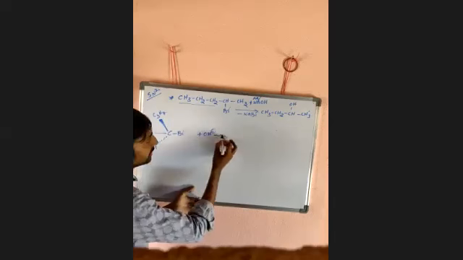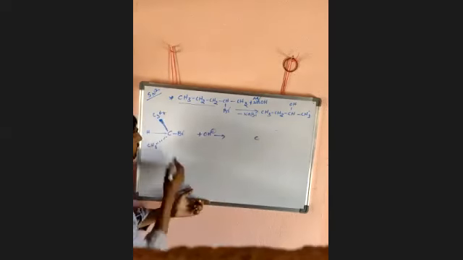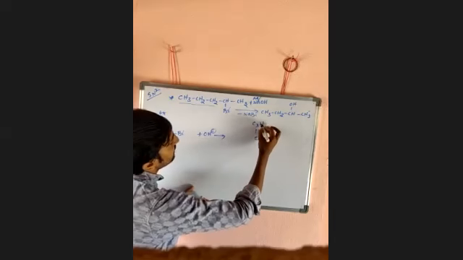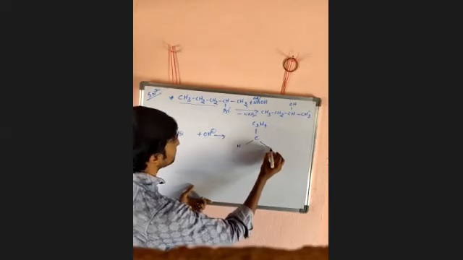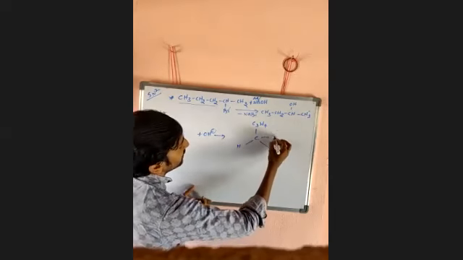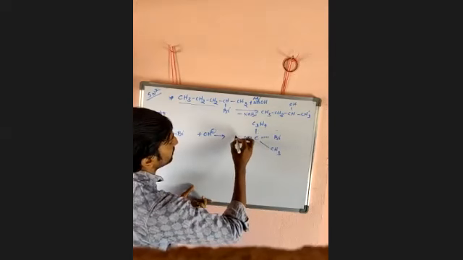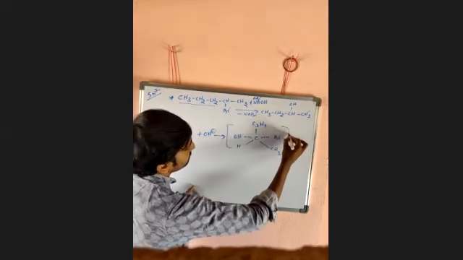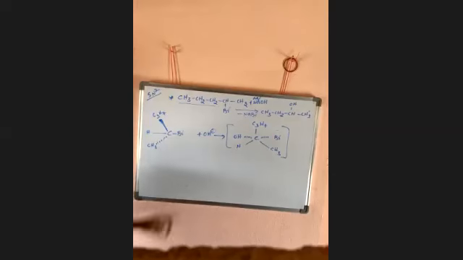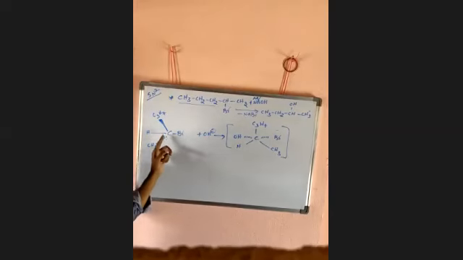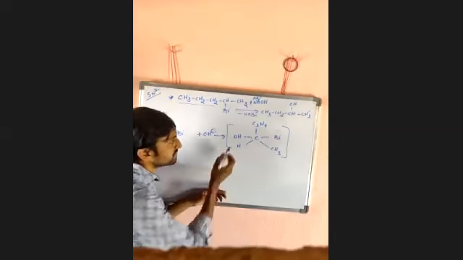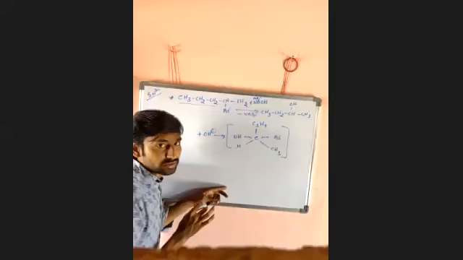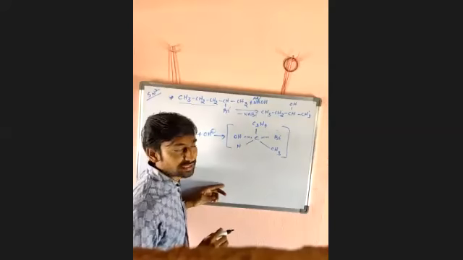Now what happens here? What we will get? C is there. This side is C3H7, this side is H, this side is CH3, this side is Br, and this side is OH. In this state, OH attacked quite opposite to the halide ion to form a compound. In this compound, the bromide ion is ready to leave from the reactant, and the OH ion tends to attach to the reactant. I understand, guys.